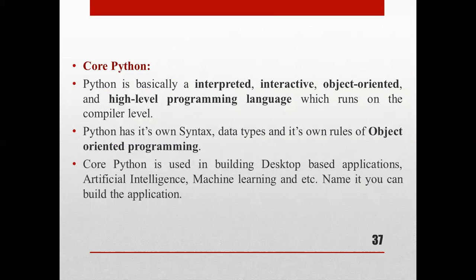Then the last topic from chapter number 10 is Django with Python. So what is core Python and Django Python? Core Python is an interpreted, interactive, object-oriented and high-level programming language, which runs on the compiler level. It has its own syntaxes, data types, and its own rules of object-oriented programming. Core Python is used for building desktop-based applications, artificial intelligence, machine learning,